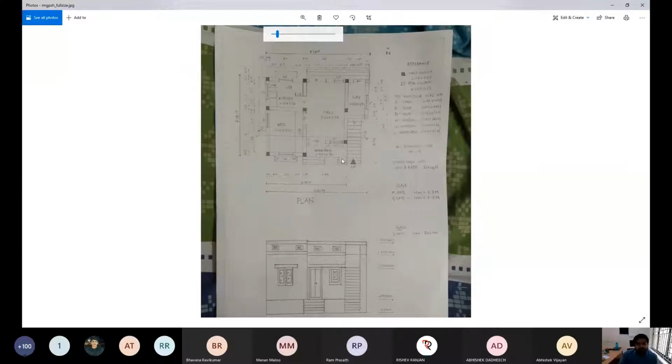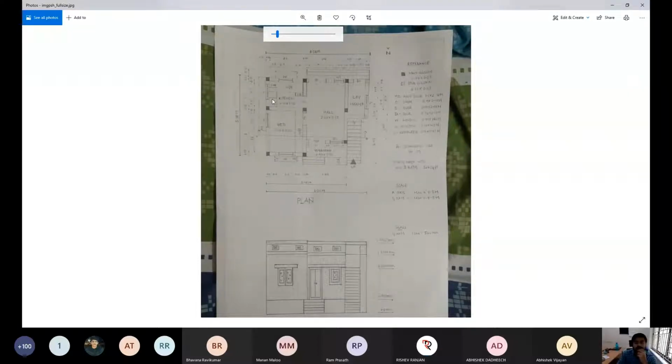And one more thing in the kitchen walls. That wall is not showing properly. It also looks like a line. This portion I have some confusion. Normally, I don't know what this is. What is this actually?